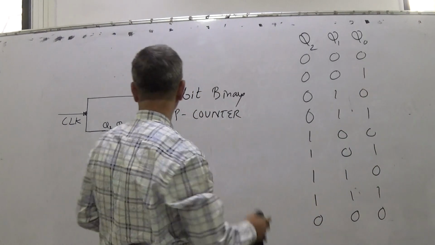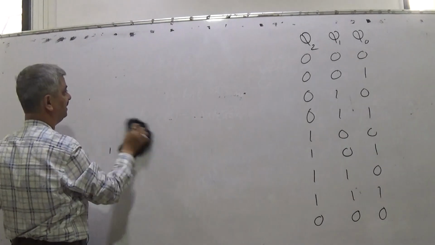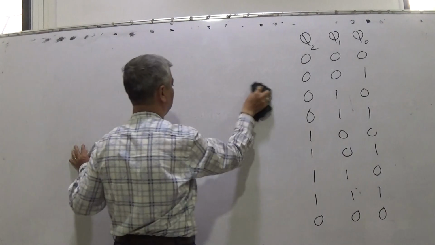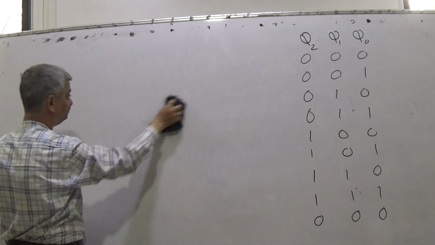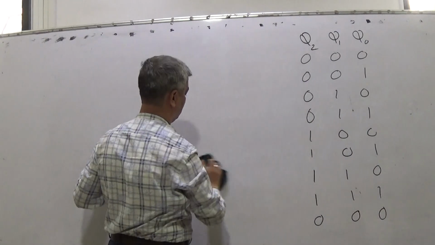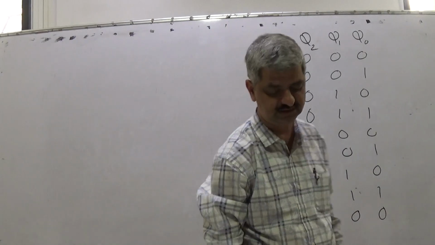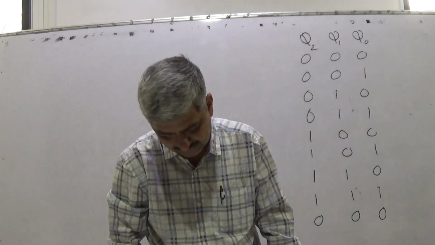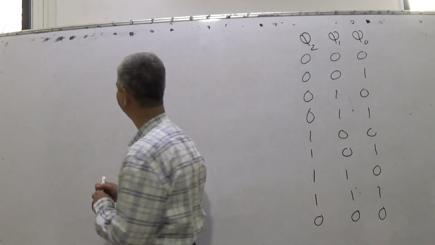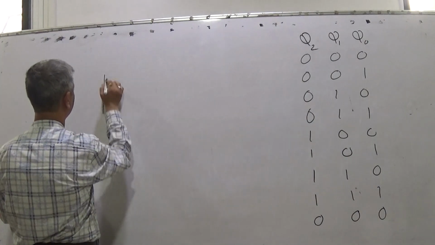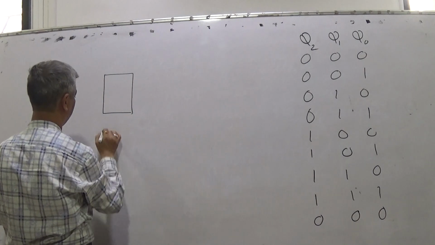In this case, how do we go about designing it? In general, last time I told you very clearly that we require as many flip-flops as the number of outputs. Here this is a 3-bit up counter, which consists of 3 output pins. For each output in a counter you need 1 flip-flop. So 1 flip-flop, and the other flip-flops we can write down.